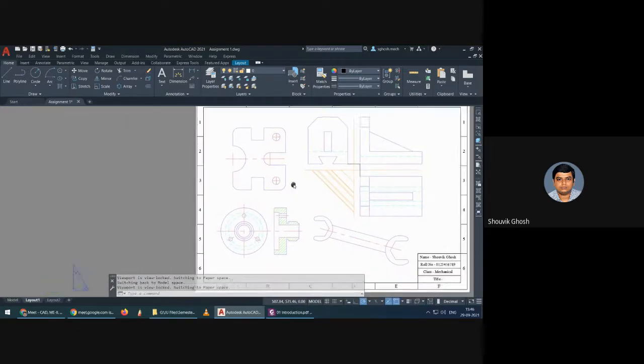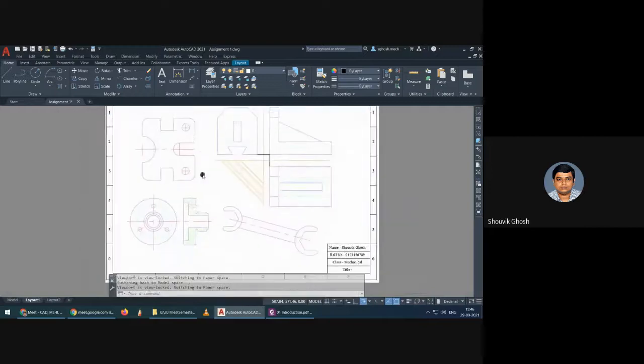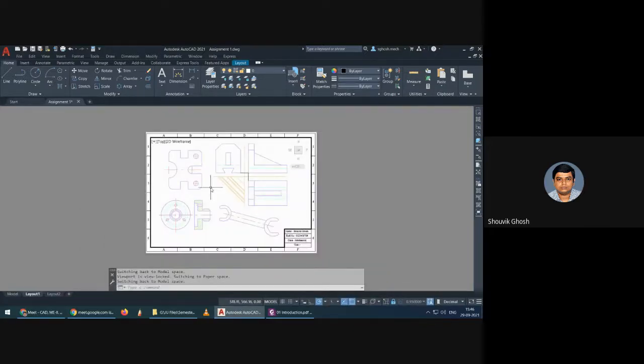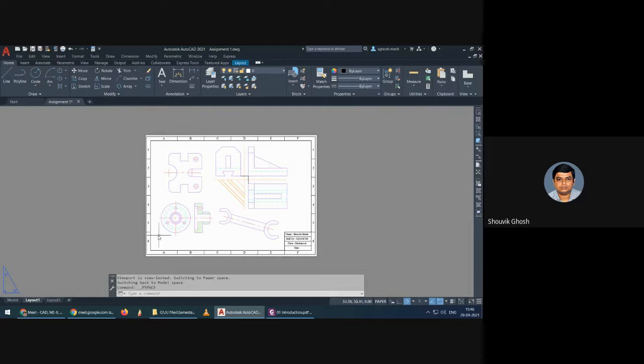You cannot move the figures, you cannot change the magnification factor of the viewport, because when we are doing the dimensioning, everything will be in the layout, not in the model space. Okay, so everything will move to the title and viewport.